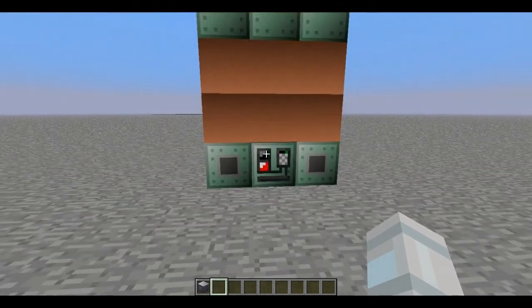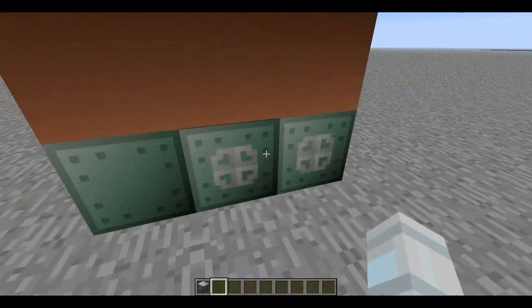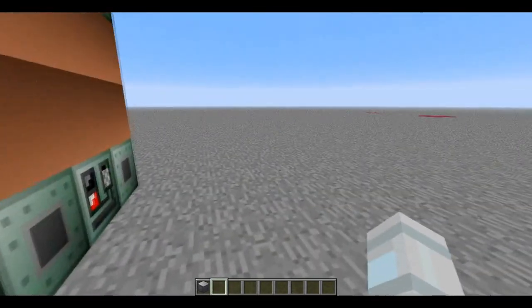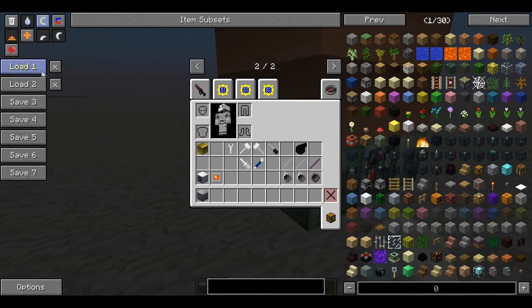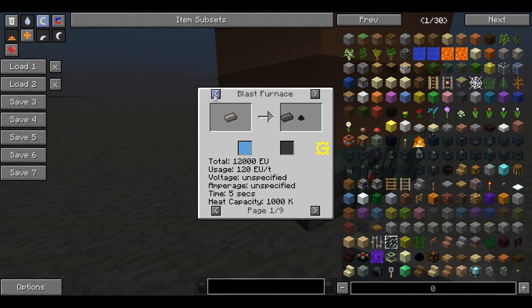Then it's just a question of getting the energy supplied to the energy hatches through amperage for each hatch, and keeping blasting your metals here. But that is not all. Some metals require something different, like steel for one example. You can see that in the blast furnace,